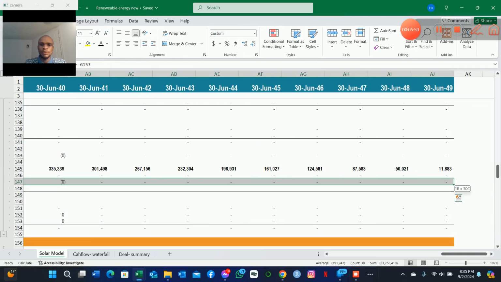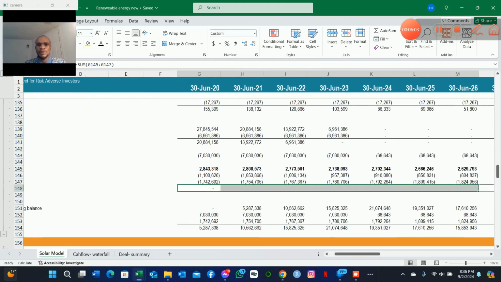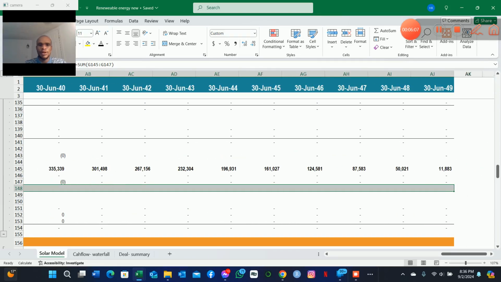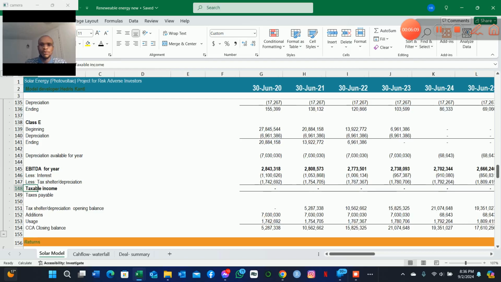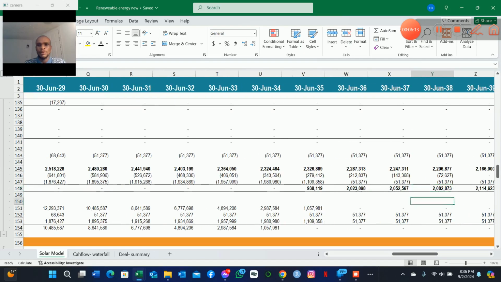You can just highlight all of this and fill it right. The taxable income is going to be equal to the sum of all these. Go all the way to the right and fill it with Control R. So as you can see,